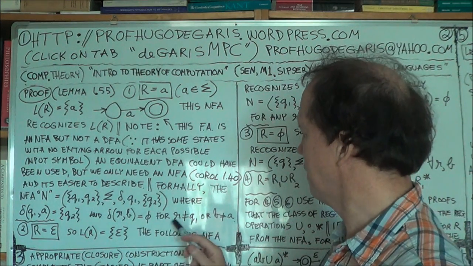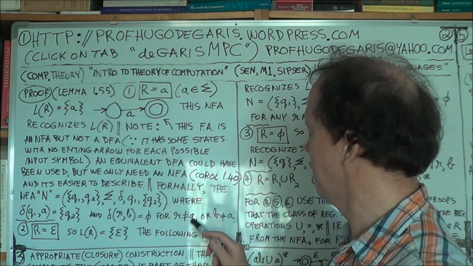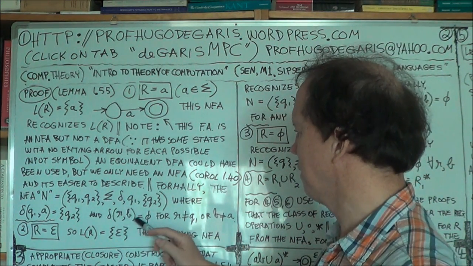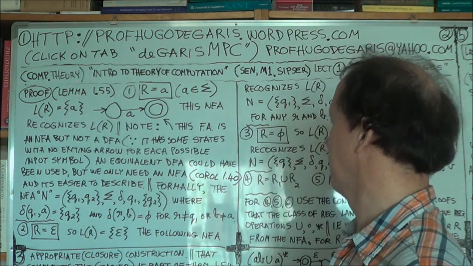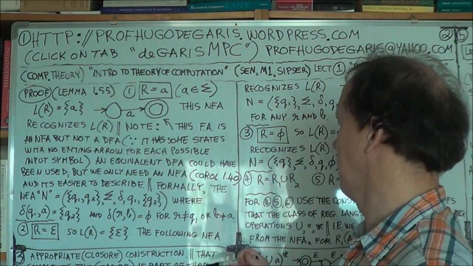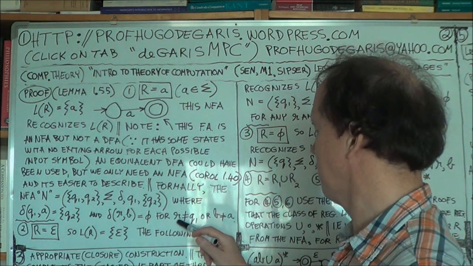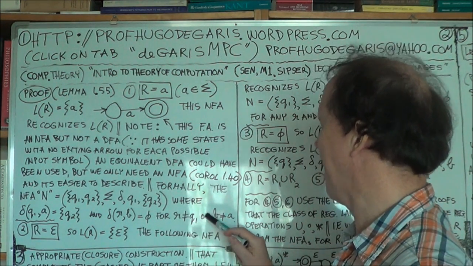So if this state is not your initial state, then the output is the null set. So yeah, if this r is not the start state and